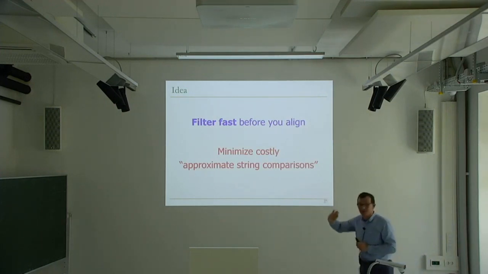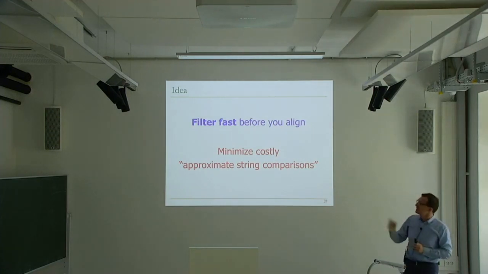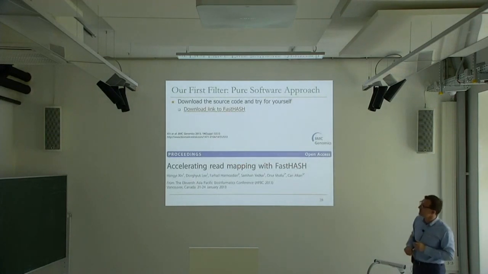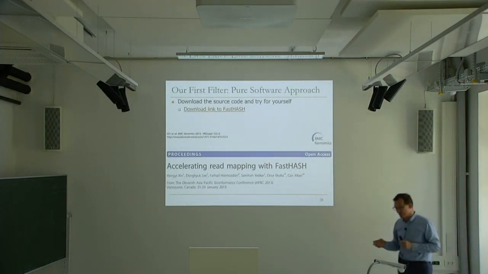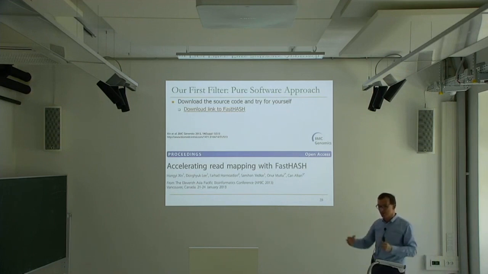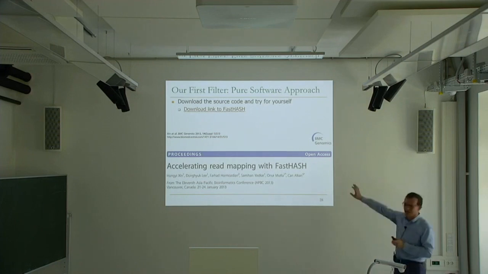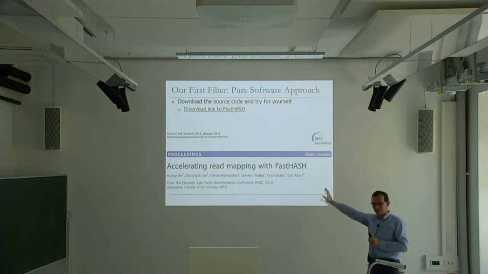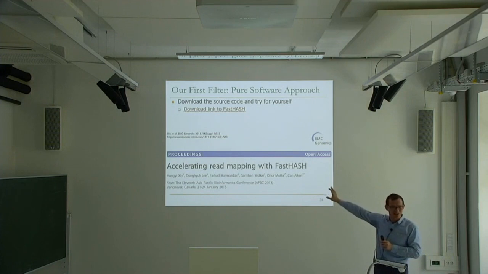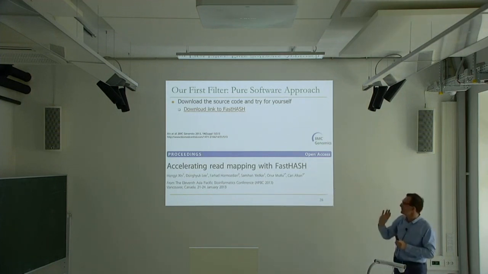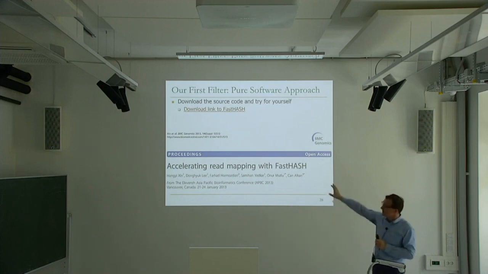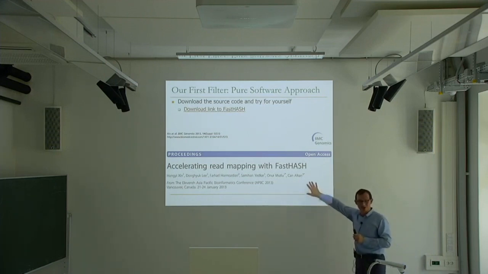And how you do that filter is very, very interesting. Basically, you need to take advantage of the reference genome. So this is the first work we did that takes advantage of the properties of the reference genome. And it basically designs a filter that can quickly say, okay, I'm going to check only these locations for this particular read. And again, I'm not going to give you the detailed ideas, since otherwise this will be a 2-hour lecture on bioinformatics, which is probably not why you're here for. Although if you're interested, you can certainly read the paper. It's much more accessible than the previous paper.